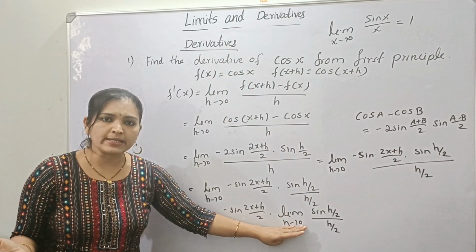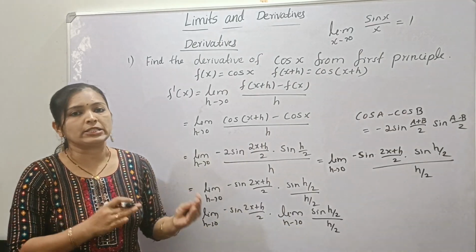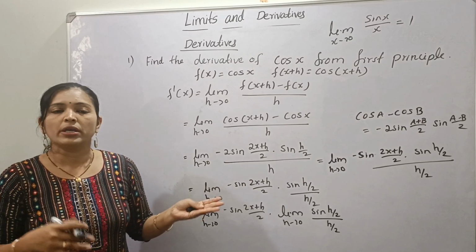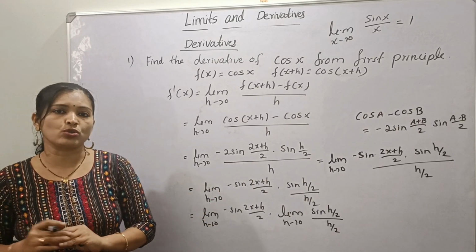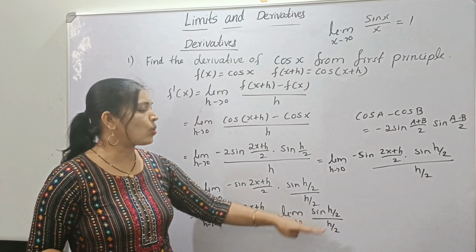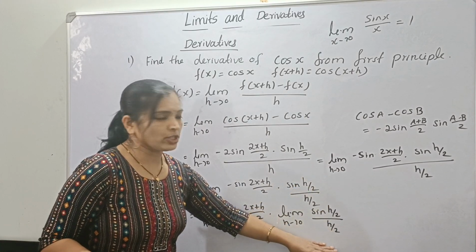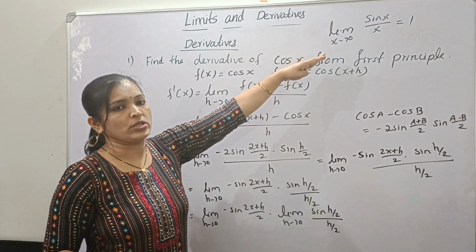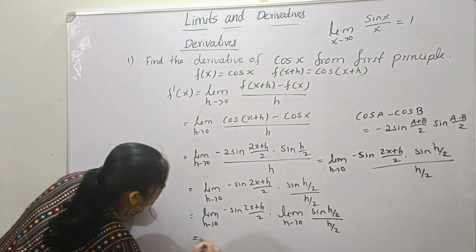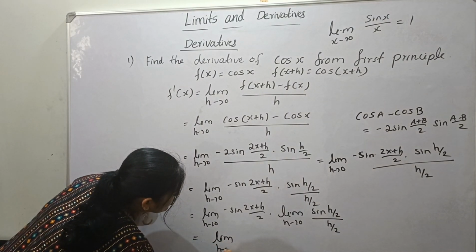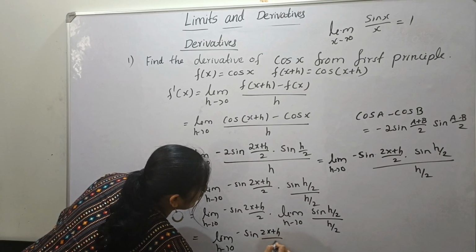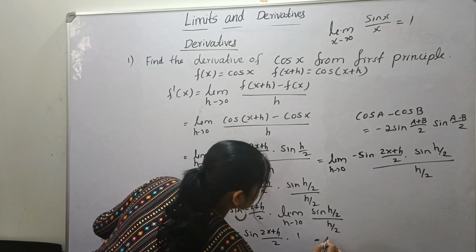Now it is of the form limit x tends to 0 of sin x by x. Here we can write h by 2, because we know that h tends to 0 implies h by 2 tends to 0. If h is equal to 0, h by 2 is also 0. So here we can write limit h by 2 tends to 0 of sin of h by 2 divided by h by 2. So it is of the form of this standard limit, so its value is 1. Therefore, limit h tends to 0 of minus sin of (2x plus h) divided by 2, into 1, that is equal to,